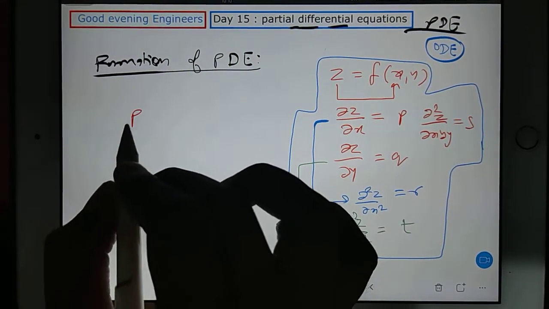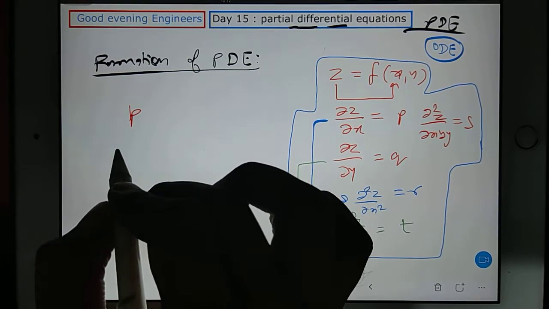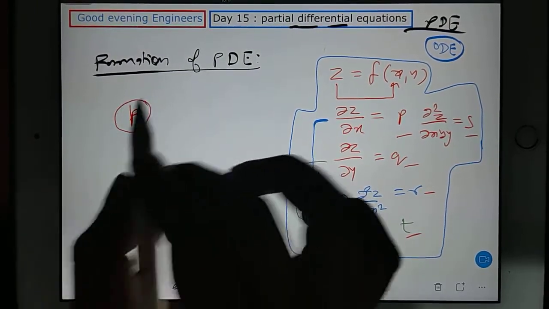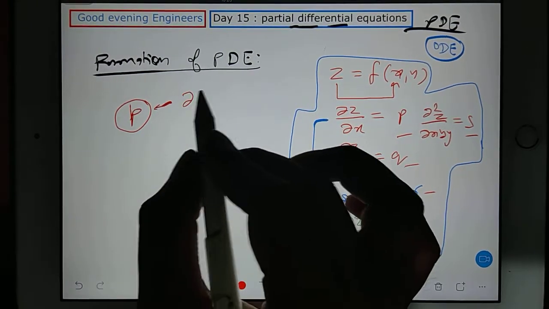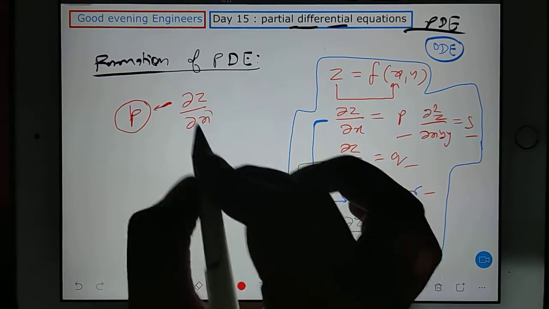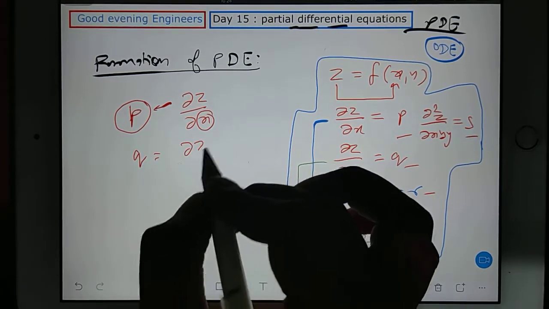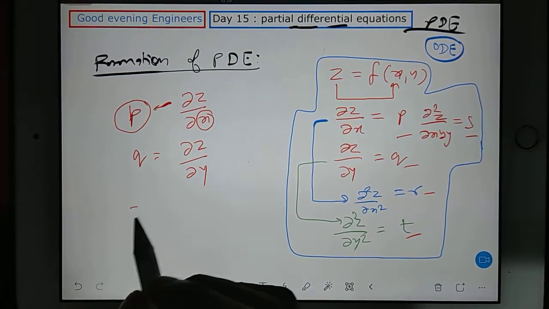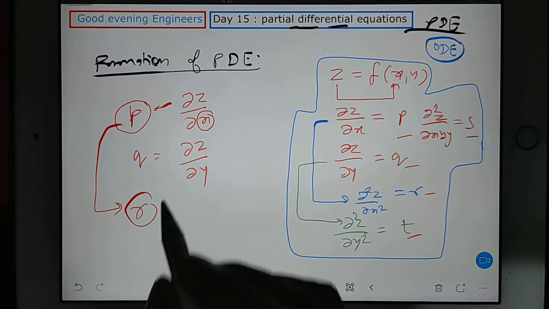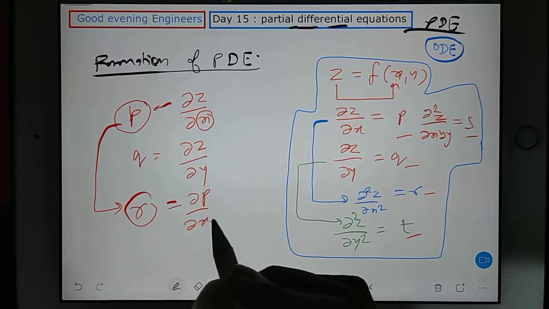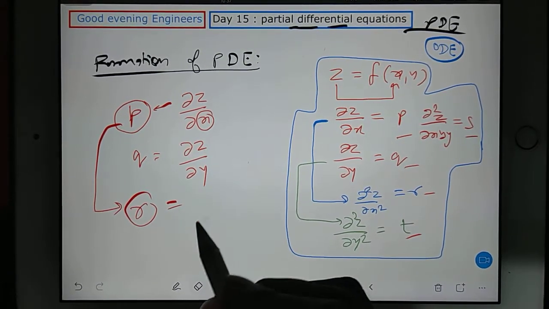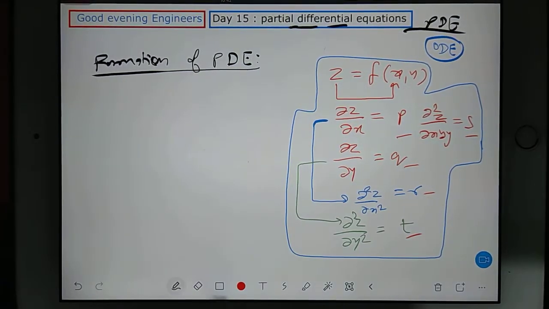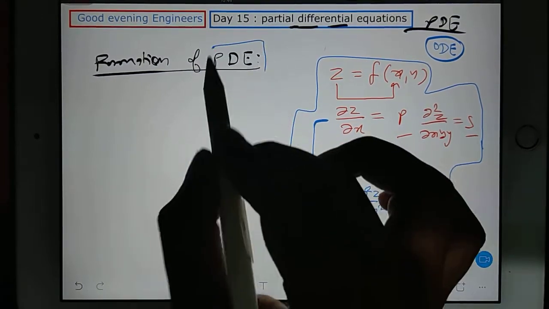Wherever p is written, this is a small p, not a capital P; everything is small: p, q, r, s, t. So if a small p is written, it should come to your mind that it is the differentiation of the function with respect to x. If q is written, it is the differentiation of the function with respect to y. Like that you have to keep in mind. And if r is written, it means p we have differentiated again, so this is nothing but dou p by dou x. Okay, so symbols are ready, and now we learn how to convert any general equation into its partial differential equation.